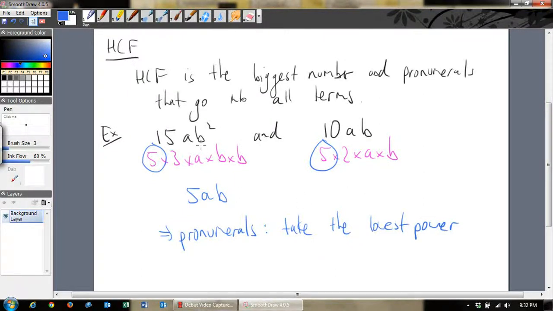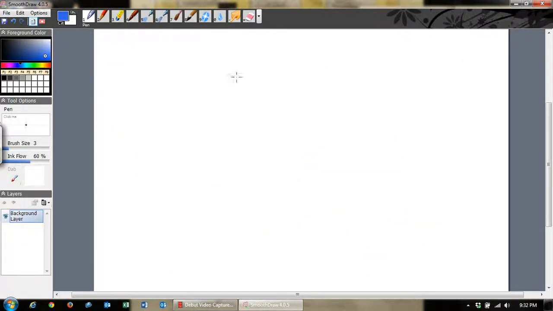So up here we've got a to the 1, we've got a to the 1, so you just take your lowest power as your highest common factor, which is a. Here you've got b squared, here you've got b, so you just take your lowest power, b to the 1, which is in common. I'll do another example of that to try to explain that a little bit better, because that was a bit rough. Okay. Example, find the highest common factor of 21xy